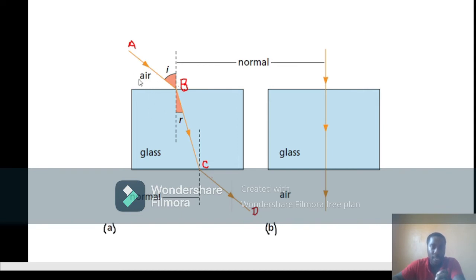So what is happening here, air has a particular refractive index, of which I'm going to tell you the topic just now, but just keep in mind that air has a refractive index and glass also has its own refractive index. But what I want you to notice is that air has a refractive index that is lower than the refractive index of water or glass. So what is happening is that in that case, you are going to have the incident angle bigger than the refracted angle. Why? Because the refractive index in here is bigger than the refractive index here. So the speed at which light is traveling through this medium is going to decrease. And when the speed decreases, the angle between the normal and the refracted ray is going to be smaller as well. But then once the light